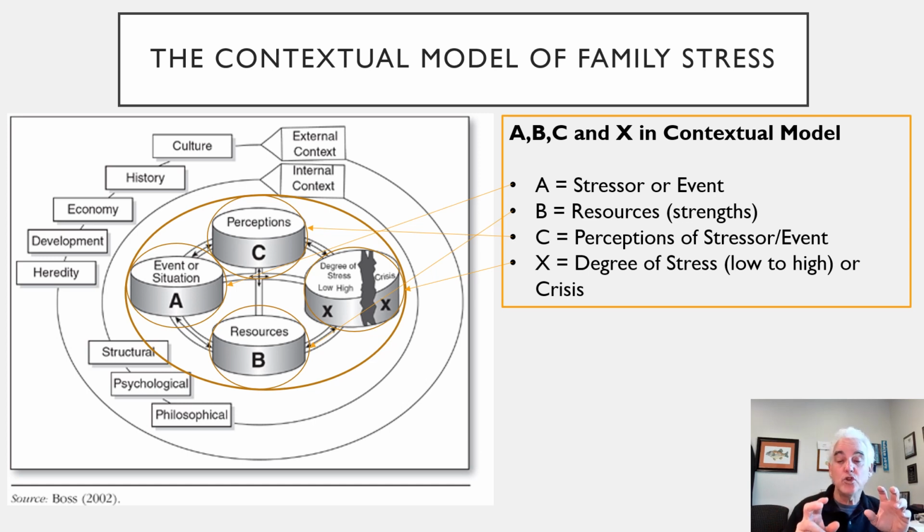Now, these two models are far simpler than some of the complex models that we've had in the past. And so they can be very helpful to you in thinking about how stress occurs, how stress affects the family, and what the families do. And this could really lead to some good interventions for you. In the next couple chapters, when we move to 10 and 11, we talk about formal crisis management, we'll move specifically into some of those interventions. And so get ready for that.